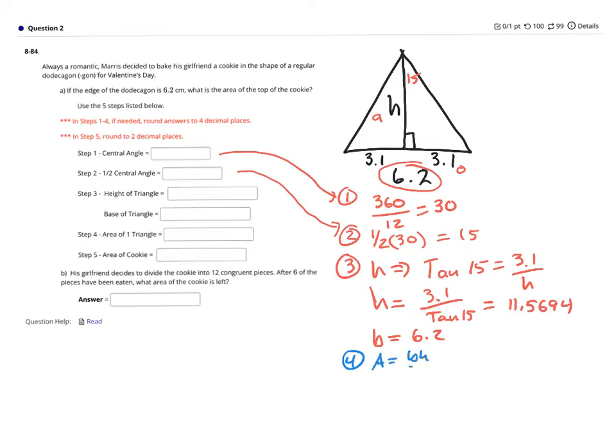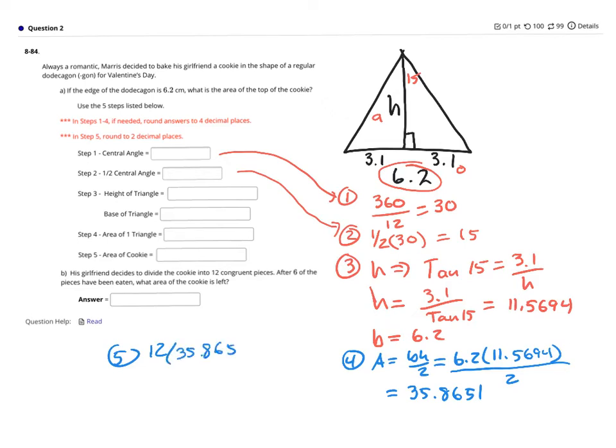Step number 4 is to find the area of one triangle. Area is equal to base times height divided by 2, so that's going to be 6.2 times 11.5694 divided by 2. And when you do that, you end up with 35.8651. And then the last step, step number 5, is to find the area of all of them. I can find the area of the entire dodecagon by multiplying by the number of sides. So if I do 12 times 35.8651, that's going to equal